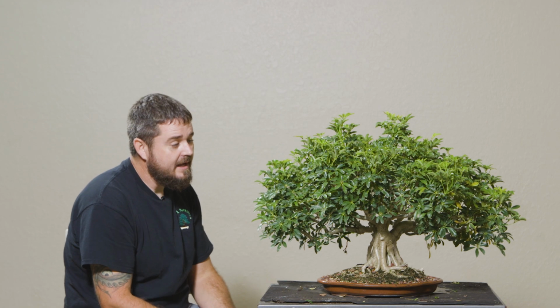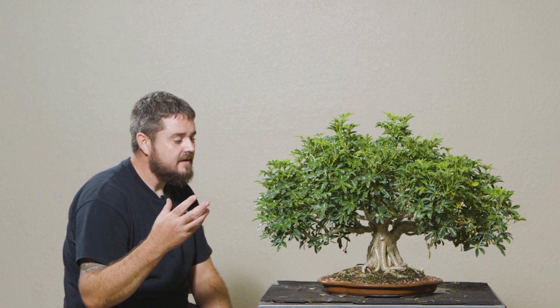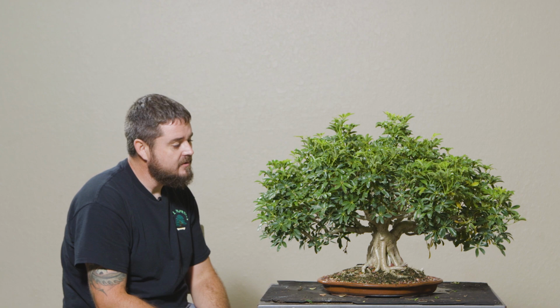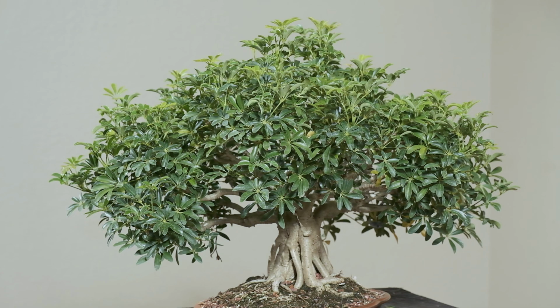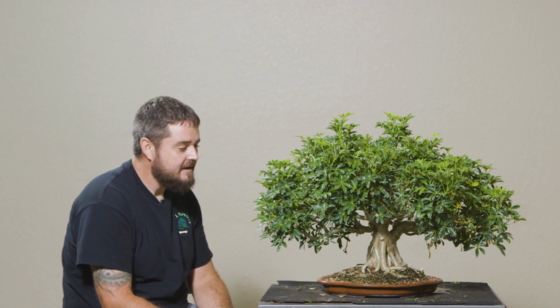All right, so here we have another version of a Schefflera Louisiane. This one has smaller leaves. This belongs to one of our students, Terry. Before I jump into the tree, I think something that's worth discussing that's very interesting about Terry is Terry is